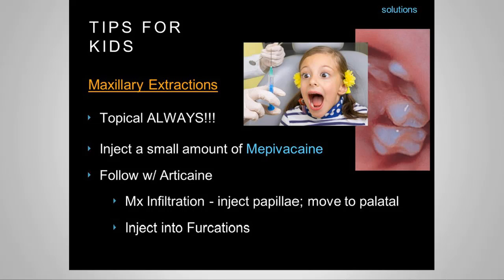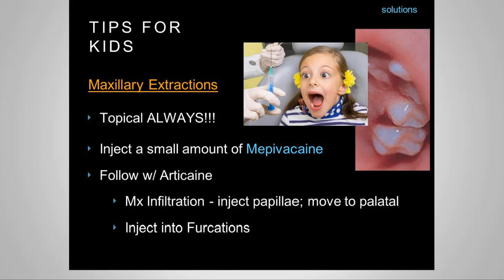Let's talk a little bit about kids, and I think this is really important. For maxillary extractions, always start off with a topical. And then what you can do is inject a small amount of mepivacaine, which is interesting because it's the least acidic of the anesthetics, like I mentioned earlier. From here, let this take effect for about 2 minutes or so, and then you can follow this up with